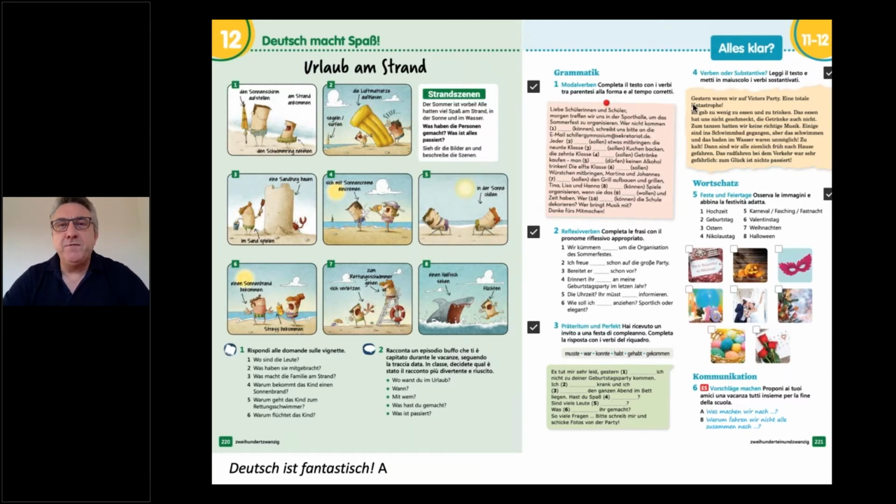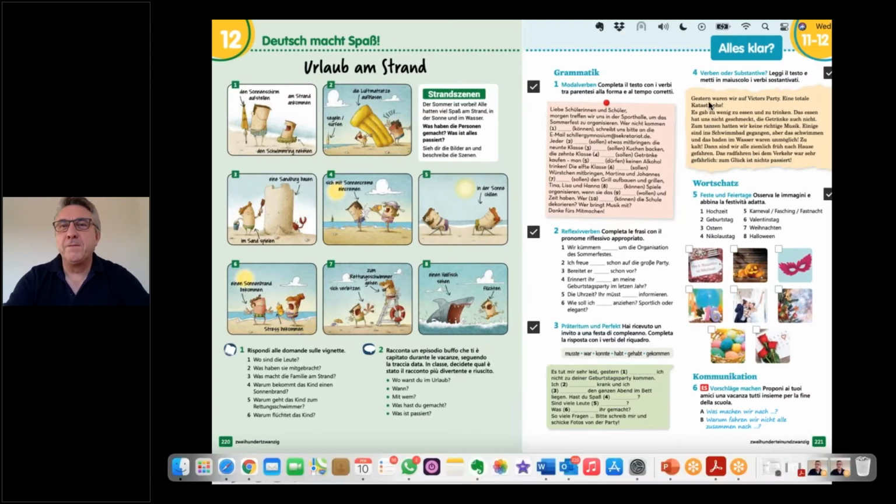Good. So how do you feel, teachers, when you look at this page? All right. Lesson 52 with Andy. German, Deutsch macht Spaß, from Ellie's Deutsch ist fantastisch. How do you feel looking at that page? That's interesting. I can't see any chat. What responses are we getting, Sylvia? Yeah, we got scared, sad, lost, frustrated, overwhelmed.